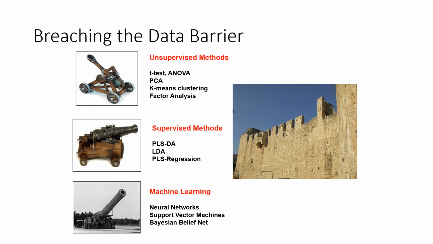The first approach is to use simple unsupervised methods. We talked about t-tests and ANOVAs. We also talked about clustering and PCA, which are essentially equivalent. This might be thought of just trying to launch a catapult to see if you can knock down the wall